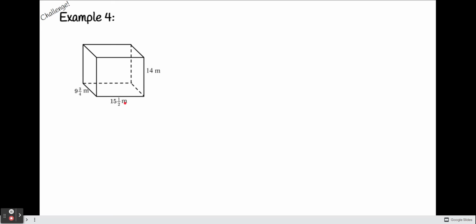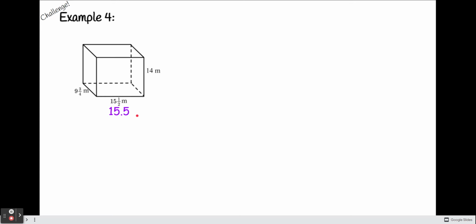This is a bit of a challenge. It's important to know. And what makes it so challenging? Well, the fractions, of course, but don't let the fractions scare you. Especially these fractions, you can easily convert them to decimals. So let's convert 15 and 1/2 to 15.5. And to do that, you just type 1 divided by 2 in your calculator. You end up with 0.5. And so